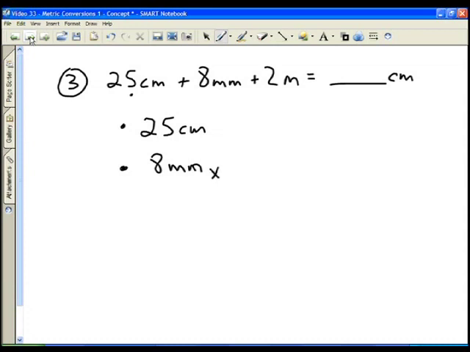And using the factor label conversion method, we start with what we're given, which is the 8 millimeters, and now we put our units we want to get rid of in the bottom, and the units we want to convert to in the top, and then we put our conversion factors in there, and 1 centimeter is the same as 10 millimeters, and now our millimeters unit cancels. We're left with centimeters,